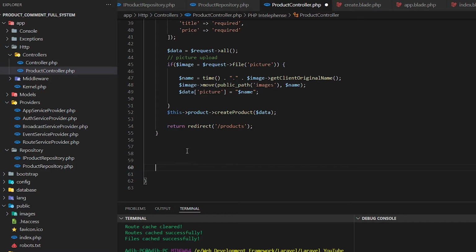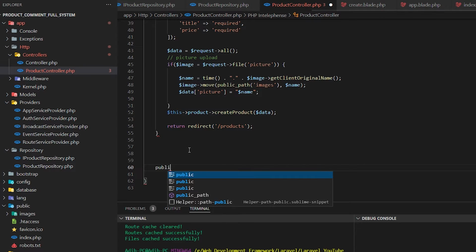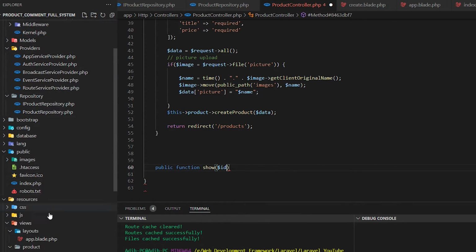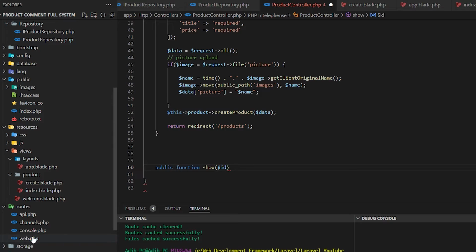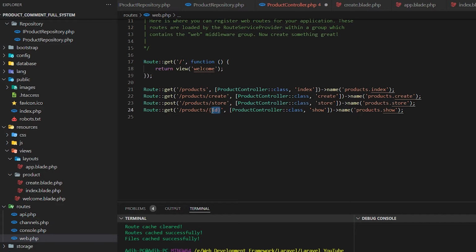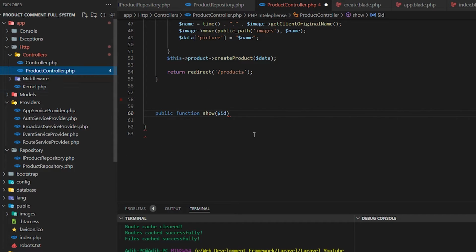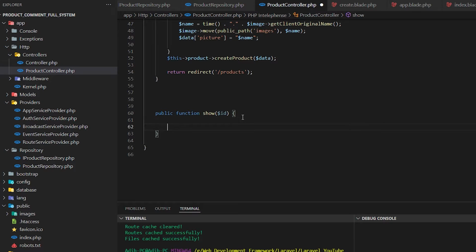So let me create public function show method, and it will take ID, because if I go to the web.php, it takes particular ID parameter in the show functionality. So we need to have that. So in the controller, we need to get that functionality, and simply we just call this